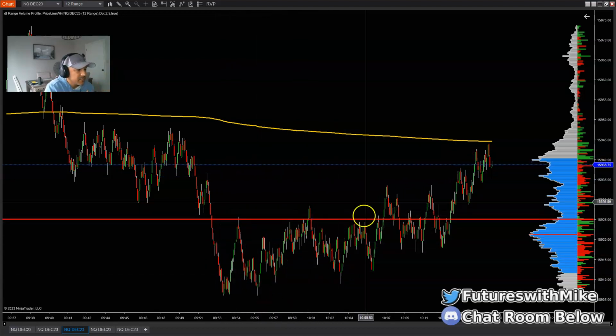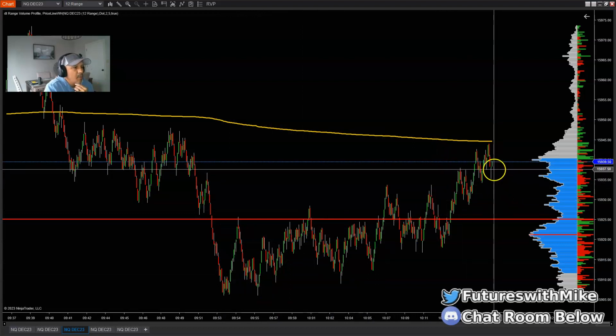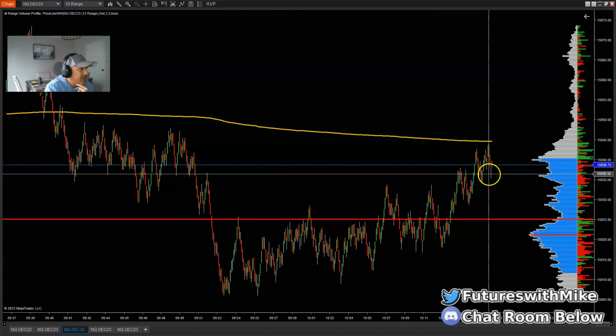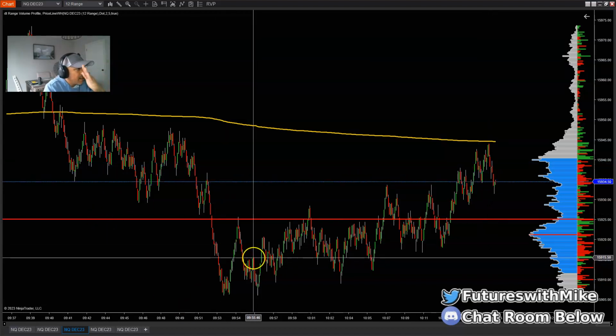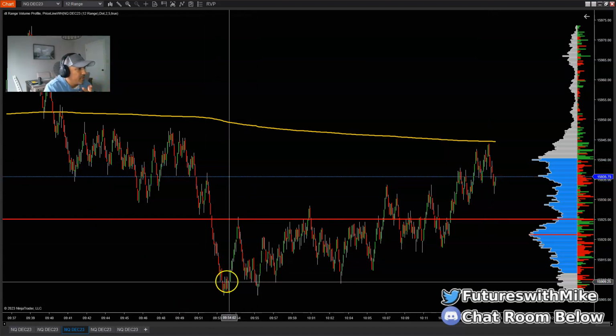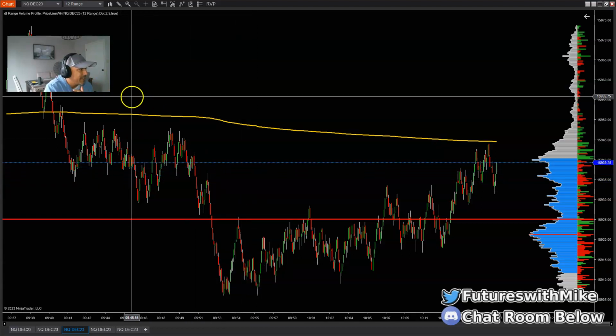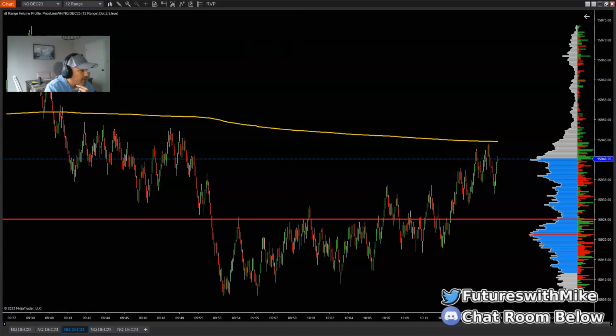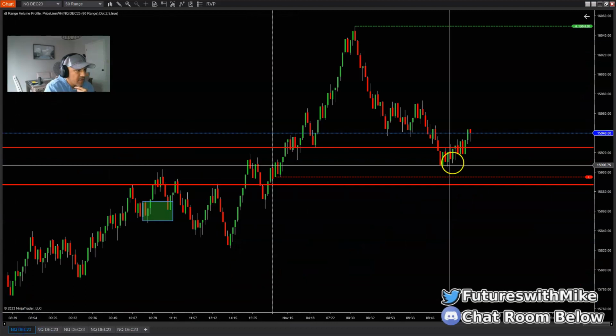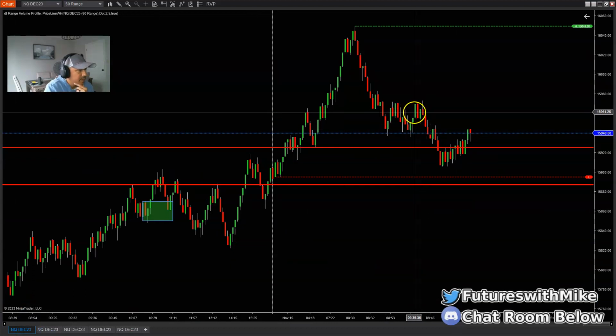This is a break of structure. This is a break of structure. This is a break of structure on pullbacks to small areas of demand. So I'm just scalping off of those because it looks like we are just making higher highs and higher lows. And we haven't broken through any major or key area of structure back to the upside, but still I'm just scalping very quick scalps on the lower time frame. On the higher time frame, yeah, we haven't broken any key area of structure, but